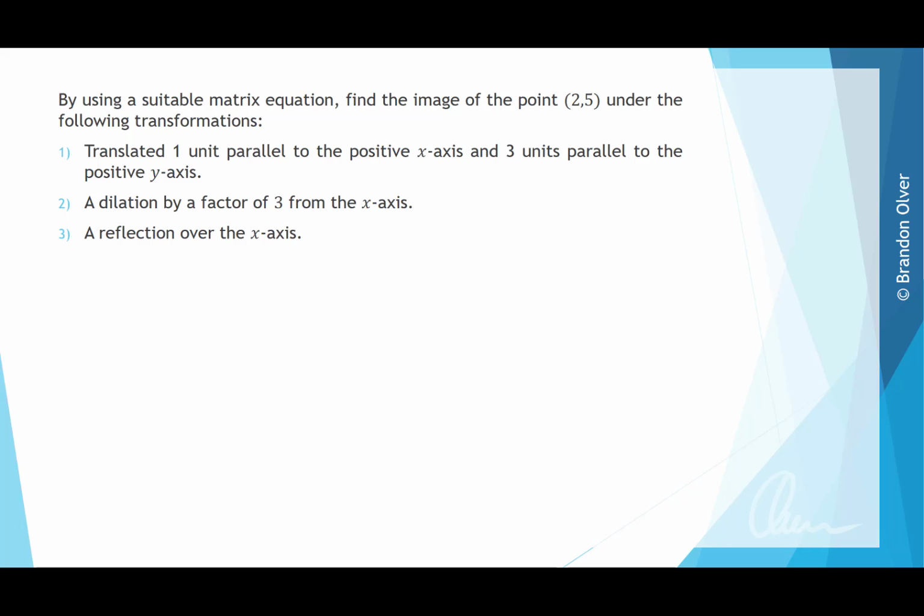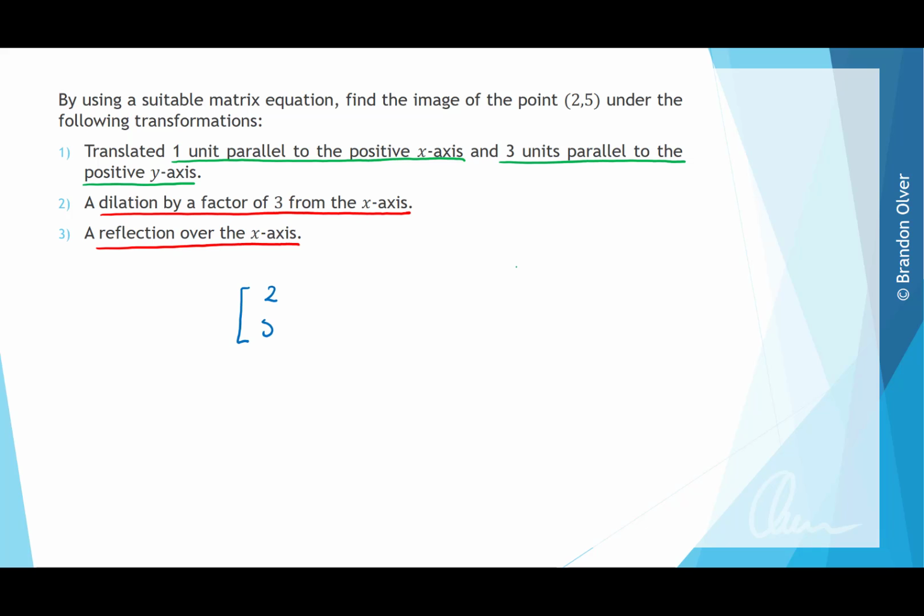By using a suitable matrix equation, find the image of the point (2, 5) under the following sequence of transformations. The first thing that happens is a translation of 1 unit parallel to the positive x-axis and 3 units parallel to the positive y-axis. This is followed by a dilation by a factor of 3 from the x-axis and a reflection over the x-axis. So to perform this sequence of transformations, we're going to start by representing our point (2, 5)